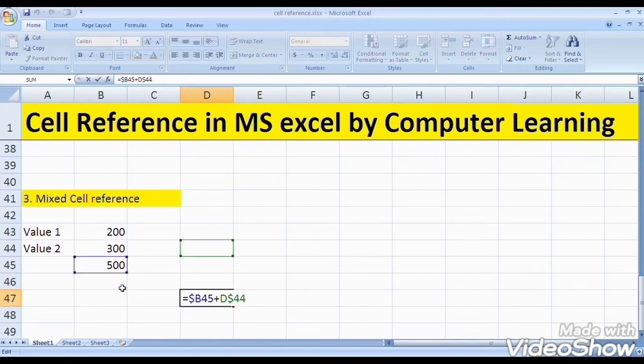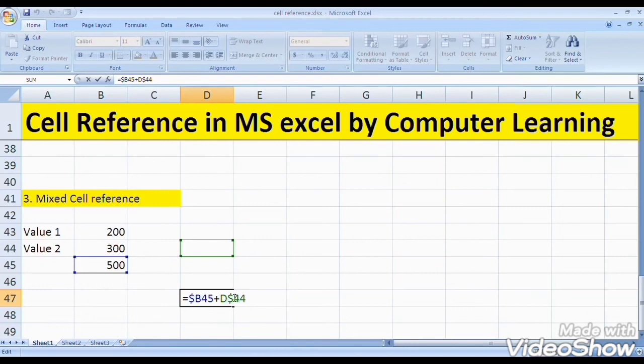See properly, when I paste this 500 to any other place, then the reference B44 is replaced with B45, and the column stays as it is. Before that it was B44, but now here D45 is there. Only the address of the cell changed, and B45 stays as it is.